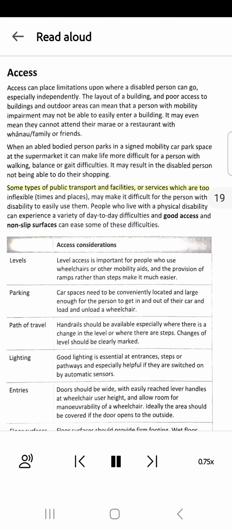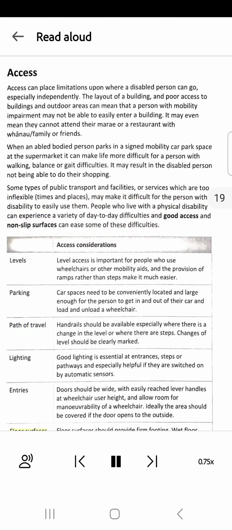Some types of public transport and facilities, or services which are too inflexible in times and places, may make it difficult for the person with a disability to easily use them. People who live with a physical disability can experience a variety of day-to-day difficulties, and good access and non-slip surfaces can ease some of these difficulties. Access considerations: levels, parking, path of travel,